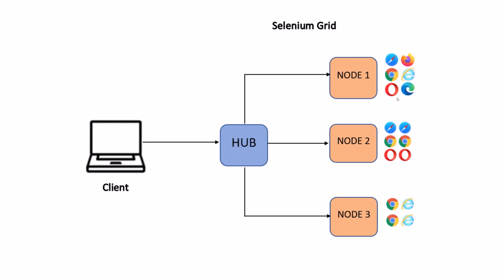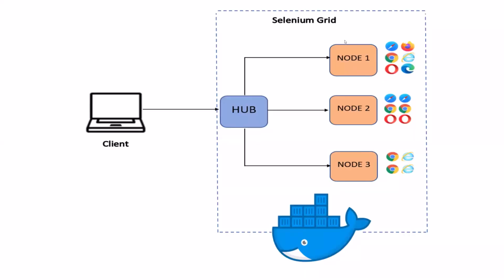Now the question comes, why do we use Docker for Selenium Grid? As you know, setting up Selenium Grid without Docker is a very lengthy process. We have to set up each machine, including hubs and nodes. We have to download the Selenium server jar on each and every machine. And after that, we have to trigger a command from the hub and node machines to make them work as a hub and node for Selenium Grid. And complexity arises when we have to support the execution for different versions of different browsers.